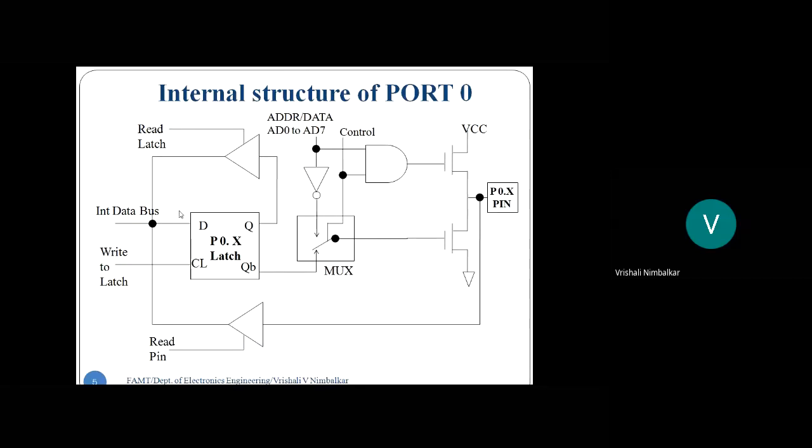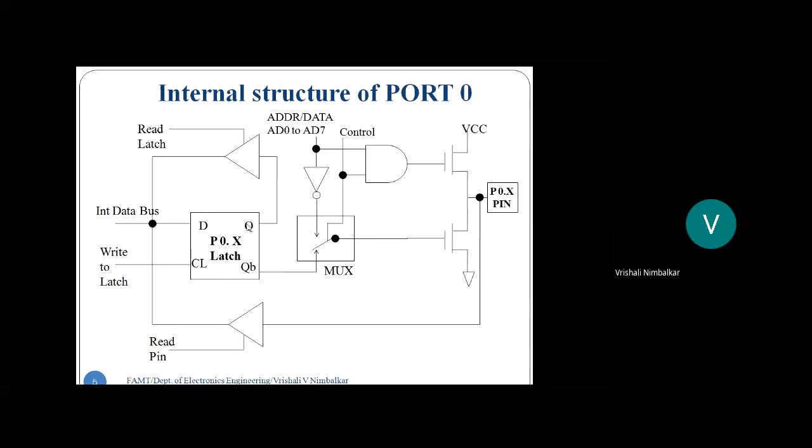So what all inputs are there for the latch? See here, students. This D latch is connected to the internal data bus of the microcontroller, right? And it is a latch, meaning it needs a clock signal. CL is a clock signal. Where is it connected to? It is connected to a write control signal. So write to latch is a control signal. Then every latch has two outputs. One is the true output Q and the other one is the complemented output Q bar. Whatever you get on Q, the complement will be available on Q bar.